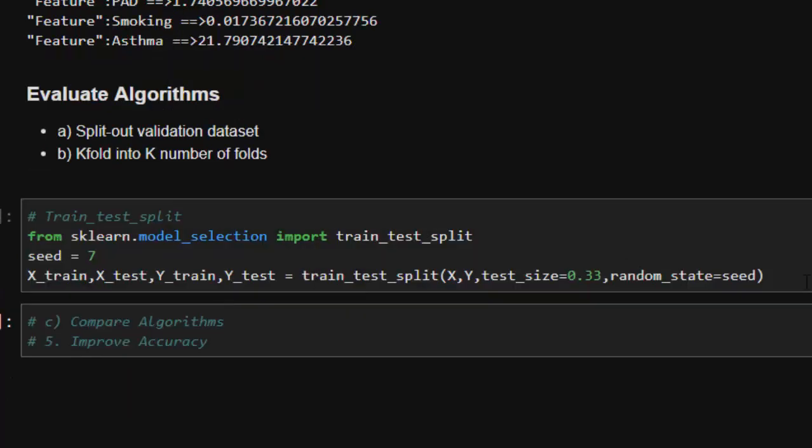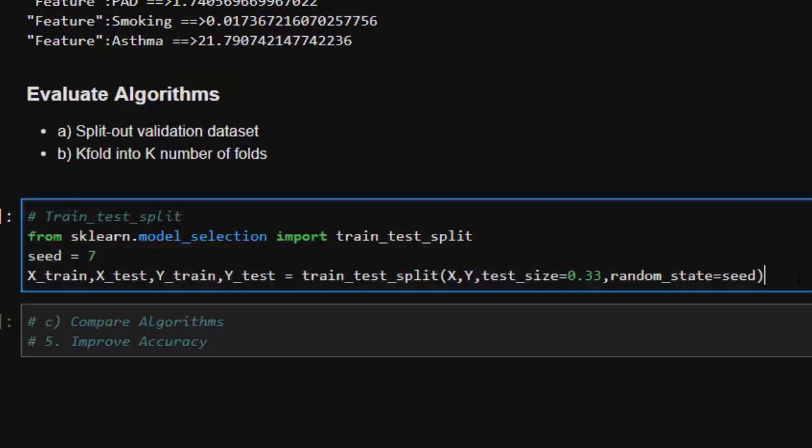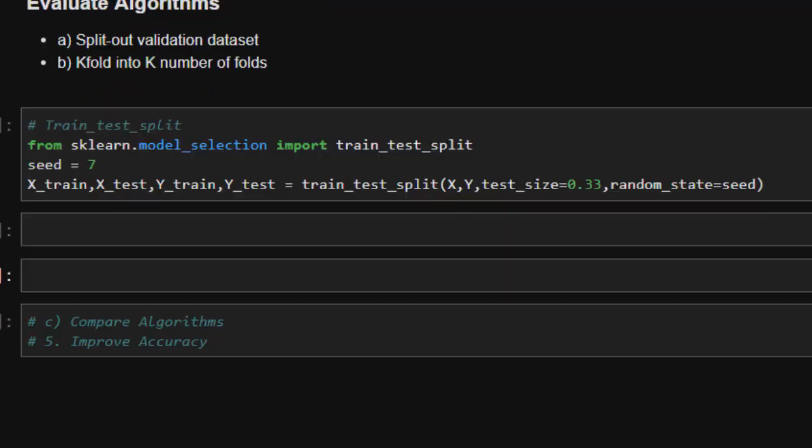Perfect. Now it has split our data for us. Now let's try and use our logistic regression on it, and by that you can even predict the accuracy of our model. So we're going to use logistic regression, which, if you remember, we did already from